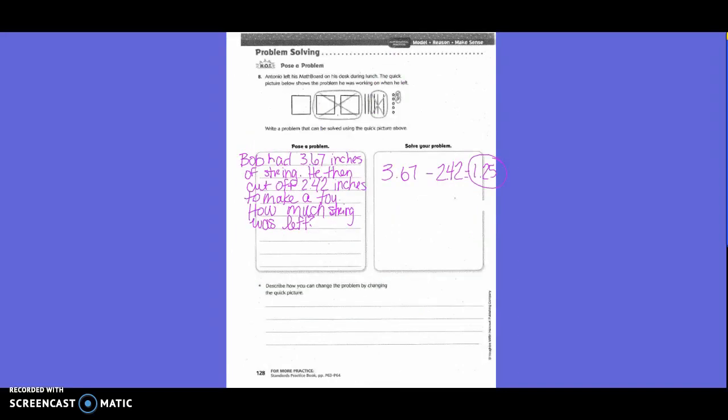So we read the problem solving, and then we said Bob had 3 and 67 inches of string. He then cut off 2 and 42 inches to make a toy. How much string was left? So we said